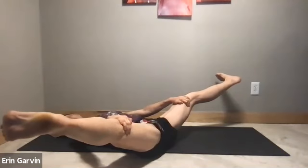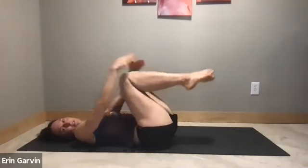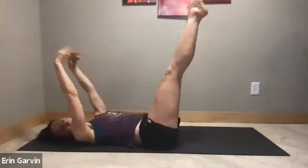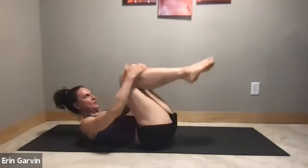Take an inhale and then an exhale. Now hug those legs. You're going to pretend you're a cannonball. The modified double leg stretch looks like this, where your head and your shoulders are down. You're basically lifting close to vertical. And we're going to add on, if you can, lift your shoulder blades off the mat, stretch the arms and